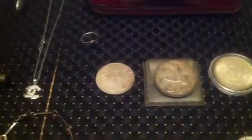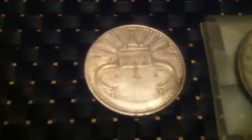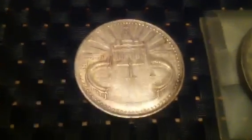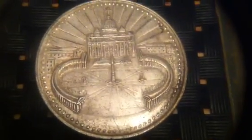Now, these two. This one, not sure. I paid £4 for it. So, not sure, but I took a bit of a gamble on it. Get a close-up detail. I did the ping test, and it all sounds right. There's one side. If I compare it to a Morgan dollar, it's almost the same size but thinner. And the other side,